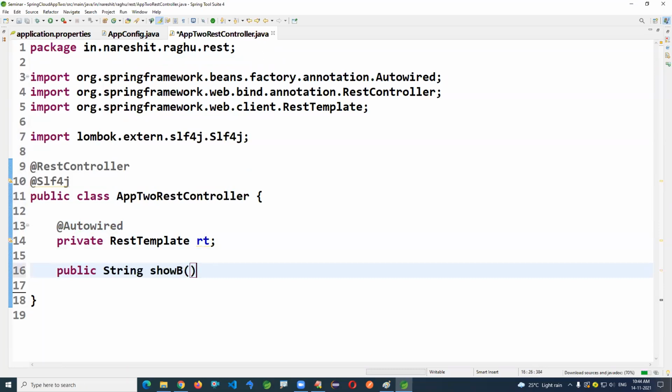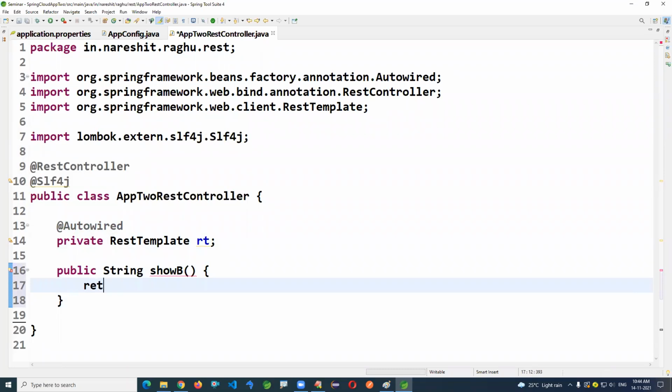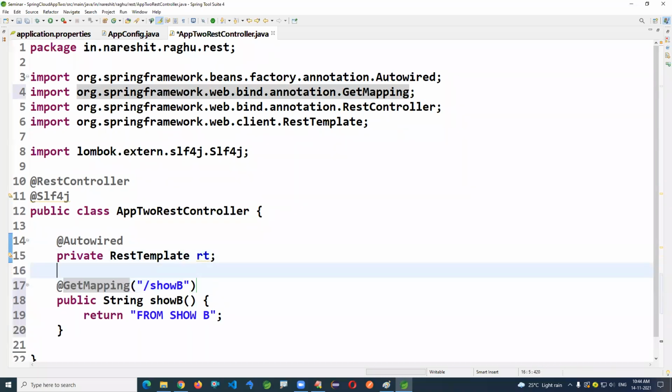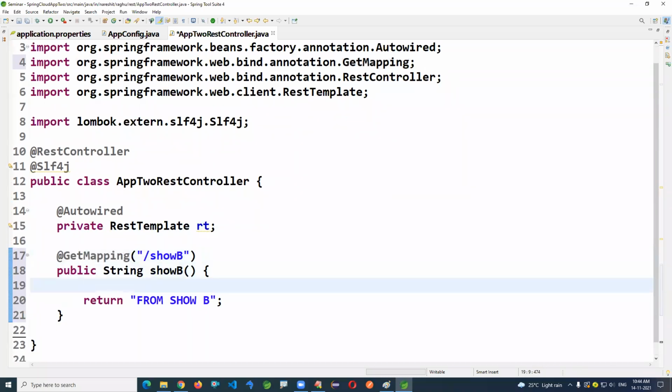It's a show B. From show B, I'm just writing like this. It's a get mapping /showB. This is what we made a call from the previous application here. Info: from service 2.